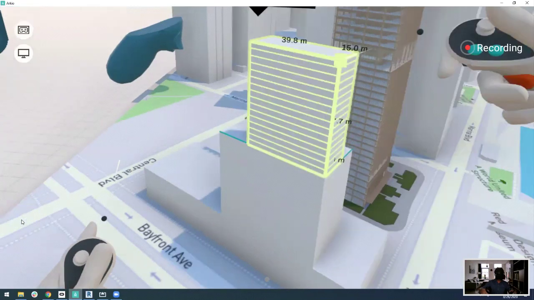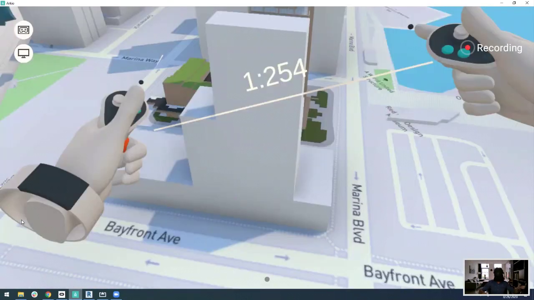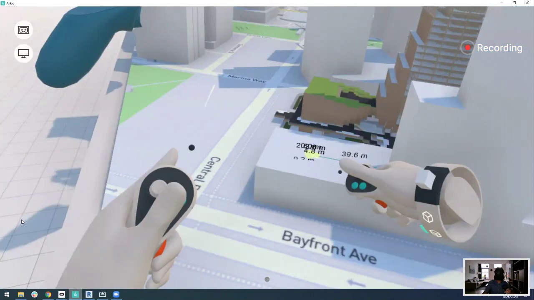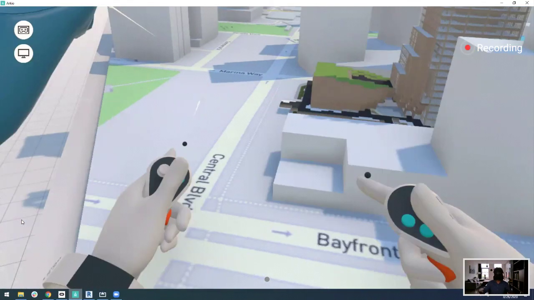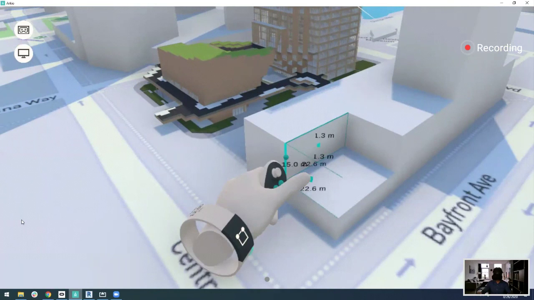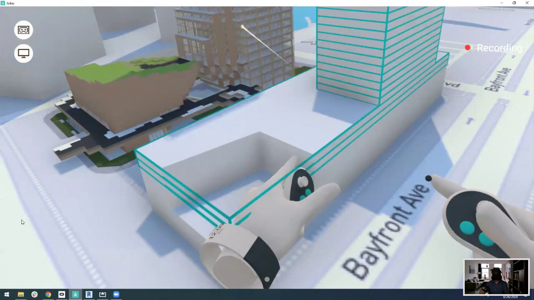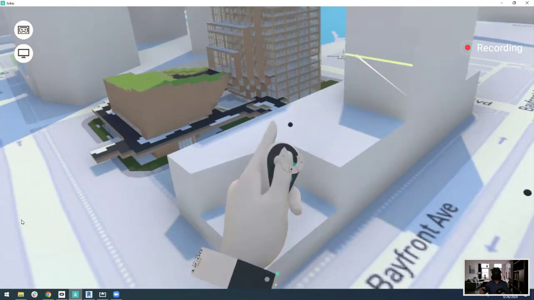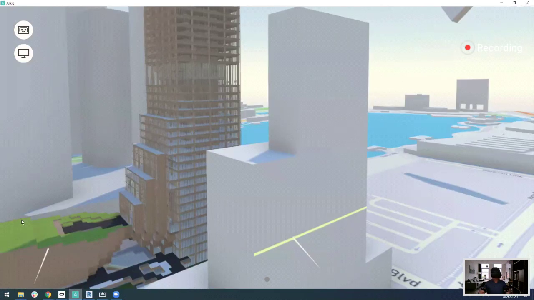And I can even carve into these objects, and that will make a live Boolean operation. So using my hands, I can just fine tune the shape itself. I can pick up and slide objects. But I can also